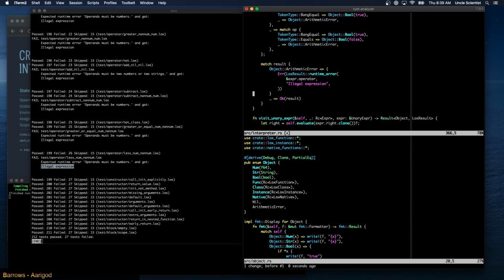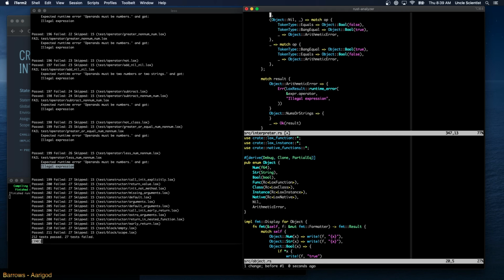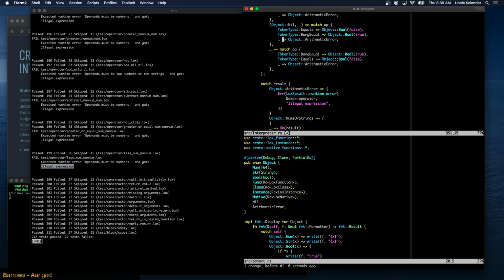Like that. And then we can also have an object nums or strings. Right? And that's for add nil to nil. We can change that. Nums or strings error.